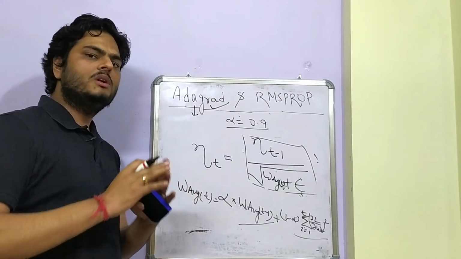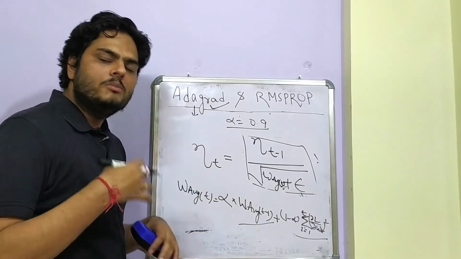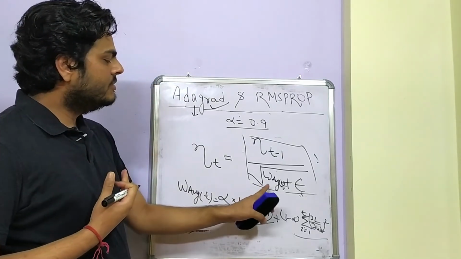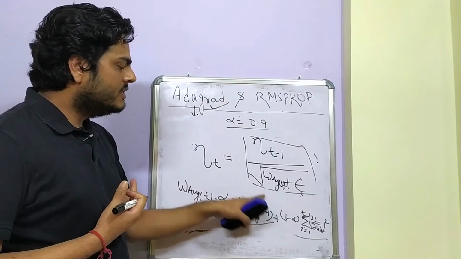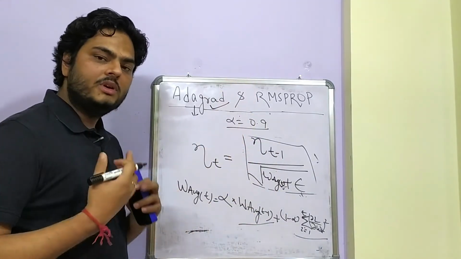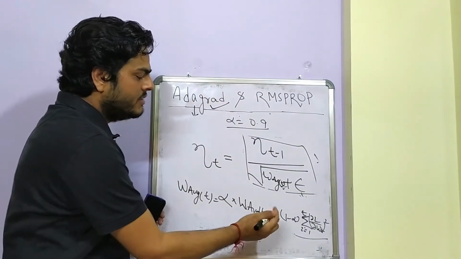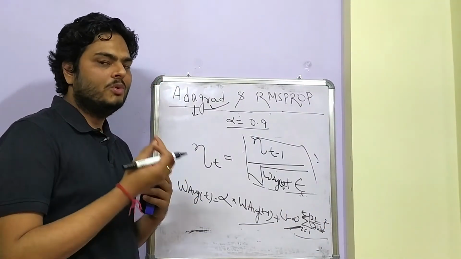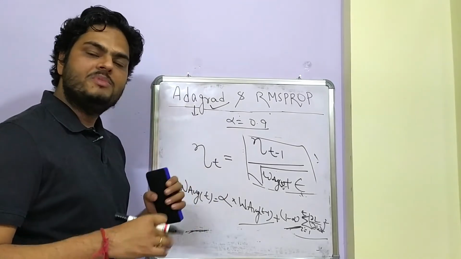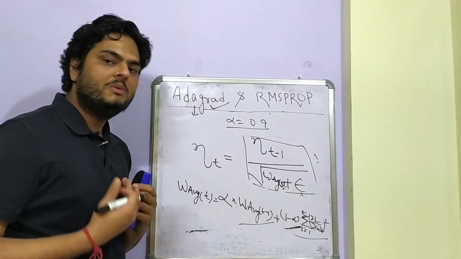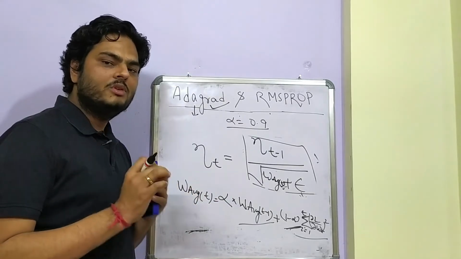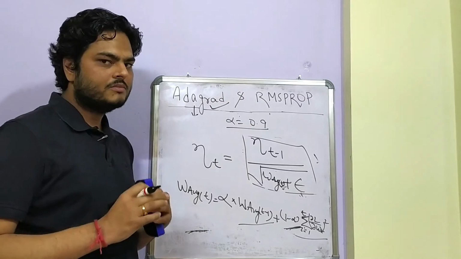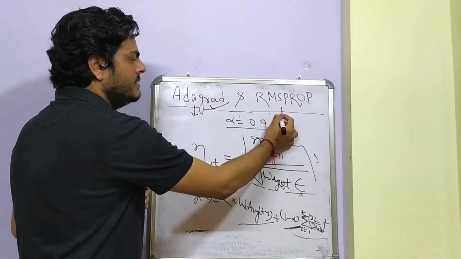This is not the absolute mathematical formula that goes inside, but this is how we take care of the problem. What will happen in this case is, your denominator will never explode. If your denominator never explodes, because we are giving a smaller coefficient to this term, then your learning rate will keep changing, which means your weight optimization will keep happening. It will never become constant, because the learning rate has not frozen. So this is the intuition behind RMSProp.